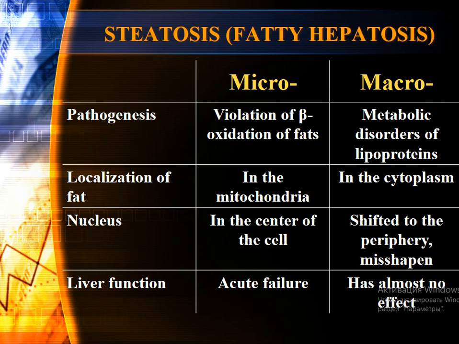Not much is known regarding the pathogenesis of microvesicular steatosis, but first of all, we suppose that it's strictly related with violation of beta oxidation of fat, and like result,